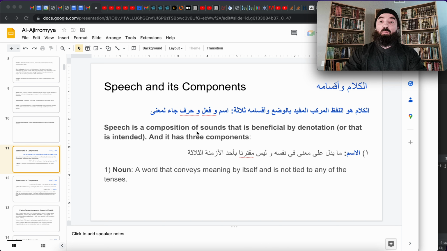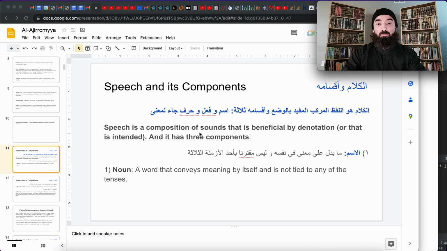And then wa aqsamuhu thalathah, and the author says the components of speech are three. The parts of speech are three. The main parts of speech are three: ism wa fi'l wa harf ja'a li-ma'na. The first one is al-ism,